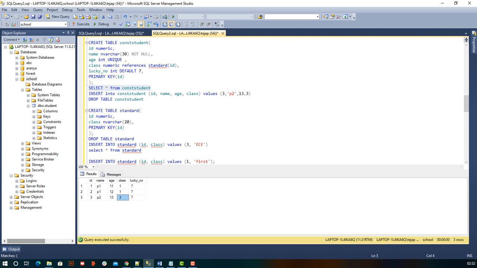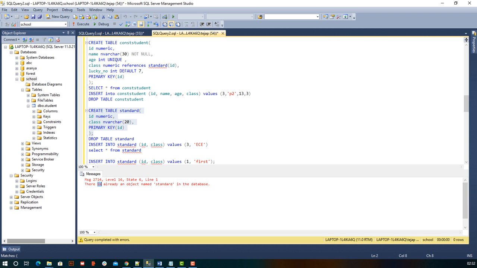Okay. So this was about creation of a foreign key constraint, and how it restricts adding new records. Now if I try to delete the table which is creating constraints on others. Oh, okay. Sorry. This is the query to delete. Okay. If I try to delete this, it says could not drop this because it is referenced by a foreign key.